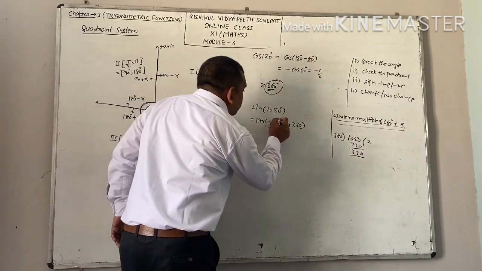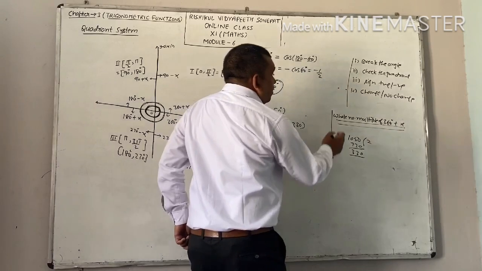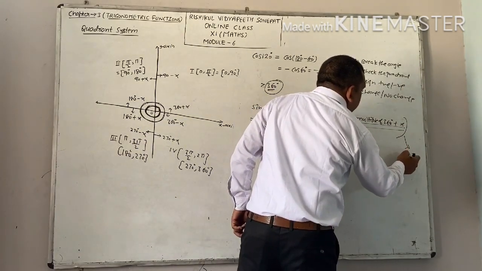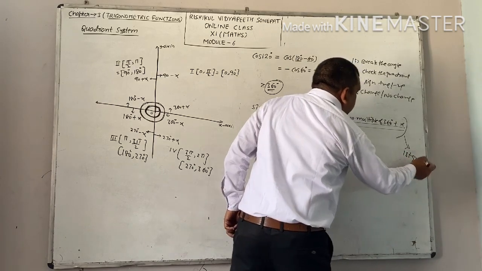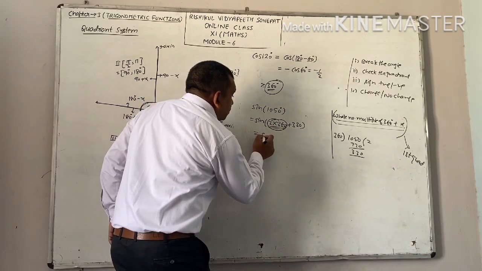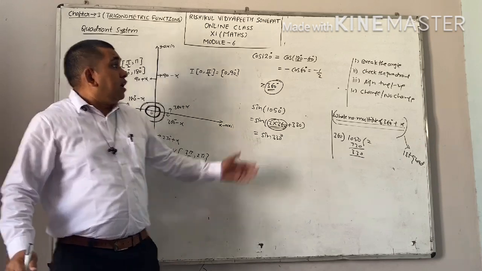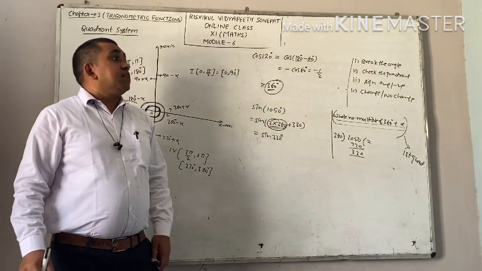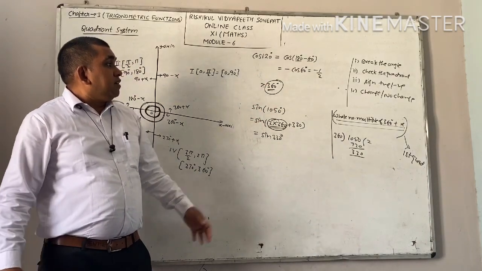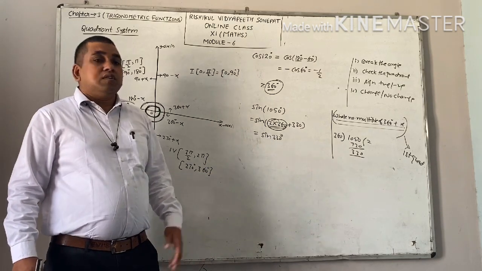Now there will be no impact of this one because 2 into 360 plus theta, or you can say whole number multiple of 360 plus x, that will belong to your first quadrant. Right? That's why this will be equal to sine 330 degree. And you can easily find out the value of sine 330 degree. I told you previously. First step, break the angle. Second step, check the quadrant. Third step, sign positive or negative. And last step, change or no change. With the help of this, you can easily do. Now see one more problem.